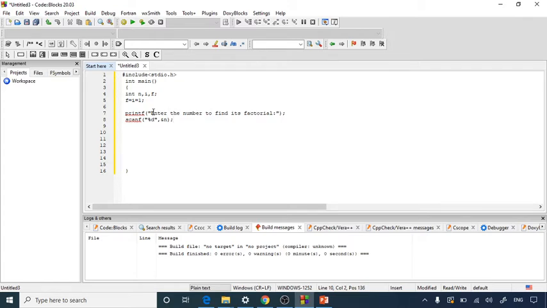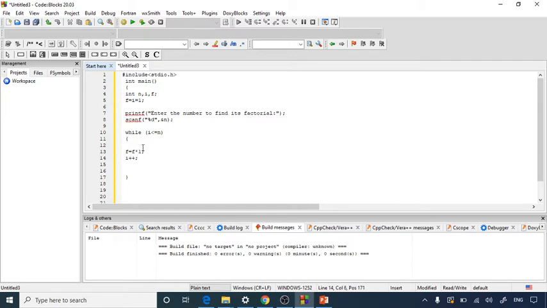After that let's go to the main topic, that is the while loop. In the while loop, inside this block, I will write: while i is less than or equal to n. So here we have written a condition. Now inside the while loop I'll write f equal to f into i, semicolon, and then i plus plus.